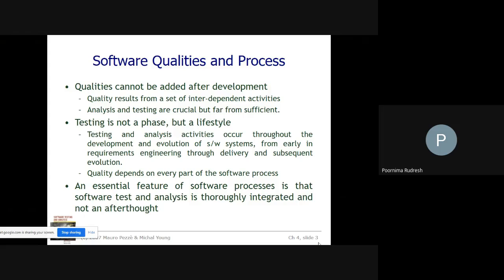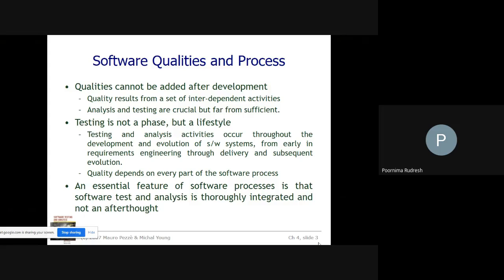The software development process consists of different steps. First one is requirements collection, next is requirement specification, design and development, and finally implementation. Once the system is implemented, we deliver the system to the end user or customer, identifying whether the developed system is meeting the user's requirements or not. So in these phases we have to perform testing and analysis,